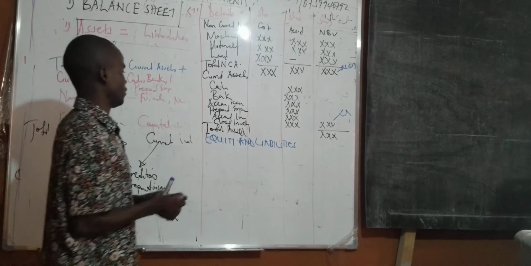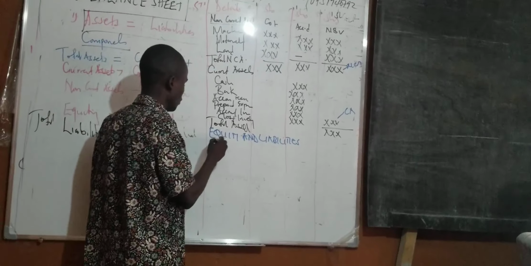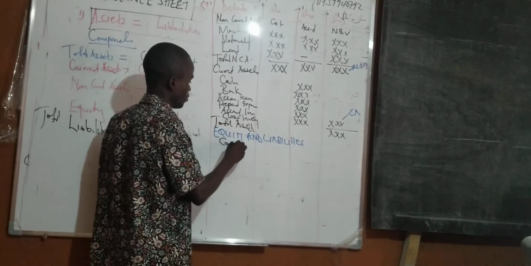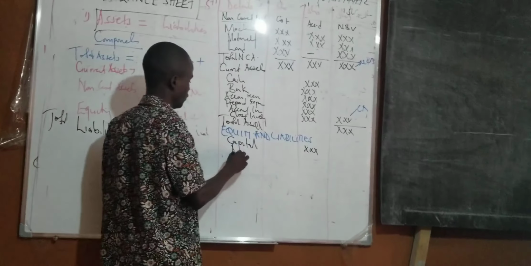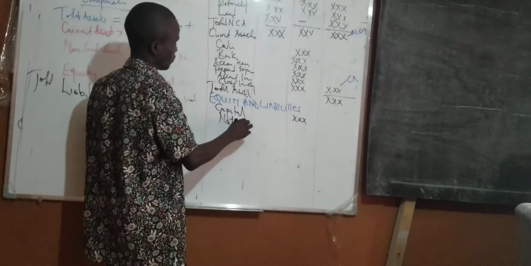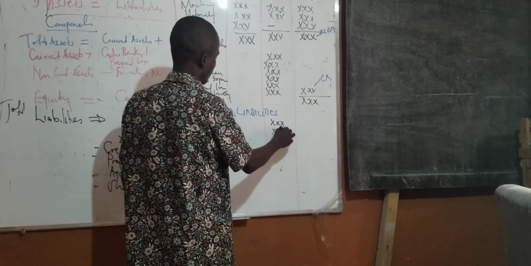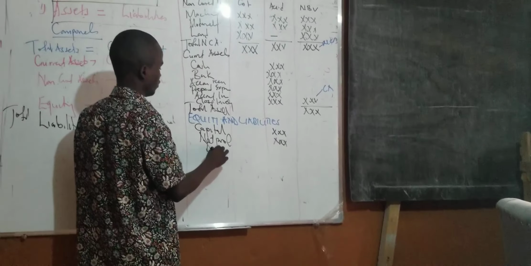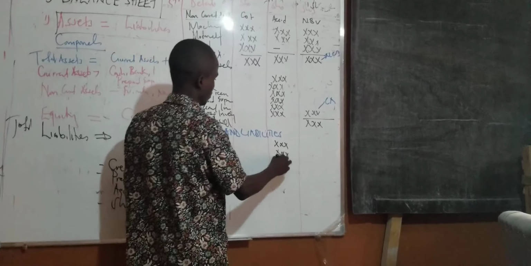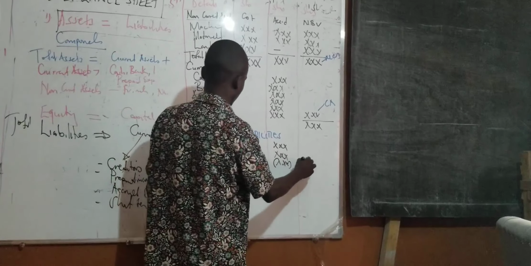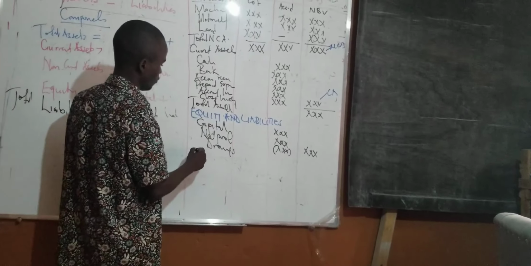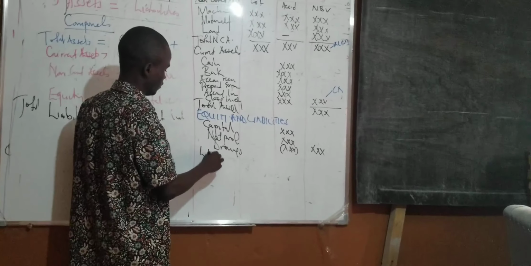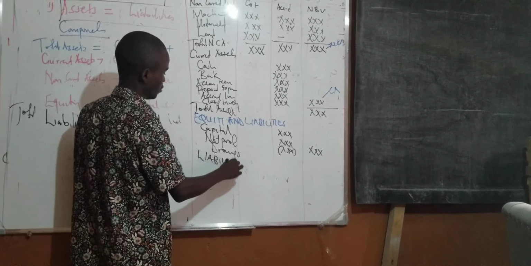Then for equity, equals capital, you put it here. You add net profit if you have it. Then minus drawings. So lastly, you add the liabilities. It's better to begin